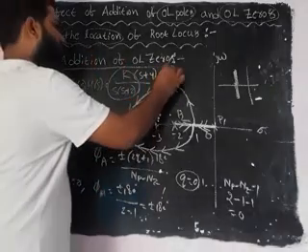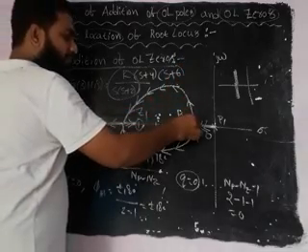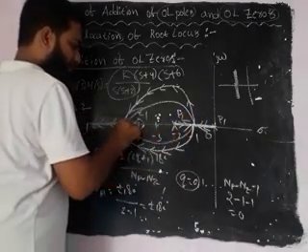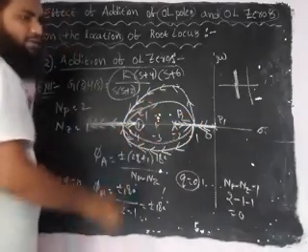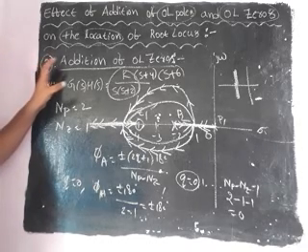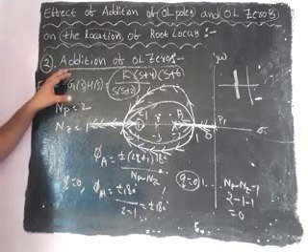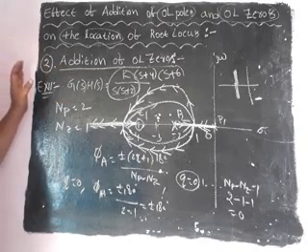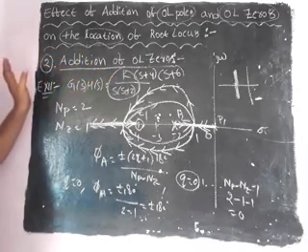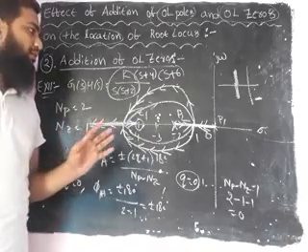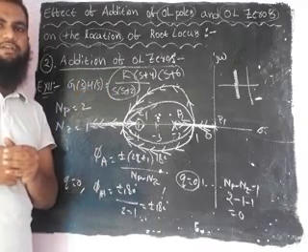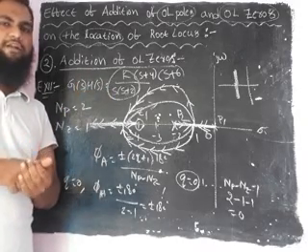Suppose we add one more zero, s plus 6, the root locus branches come like this, and here like this, very near to the axis. It is always symmetrical about the real axis. That means if you add zeros to your system, there is no effect on the stability. Finally, I conclude that if you add zeros to your open loop transfer function, there is no effect on your stability, and if you add poles, it will affect your stability. This is the point we discussed now.